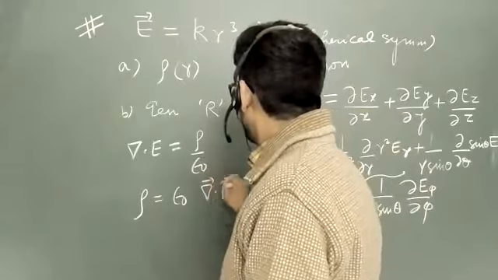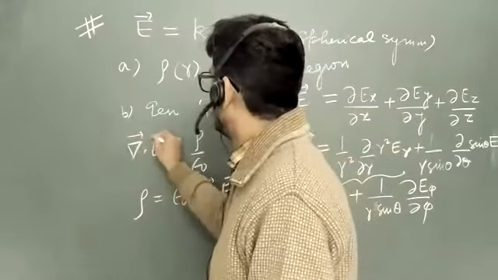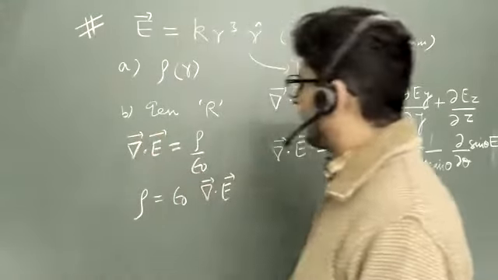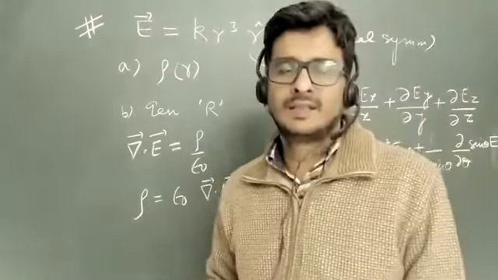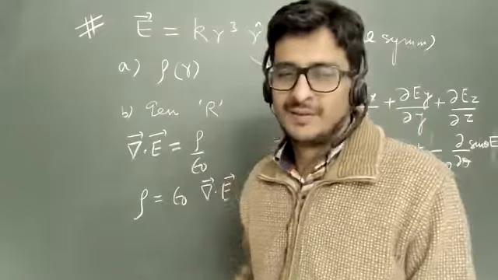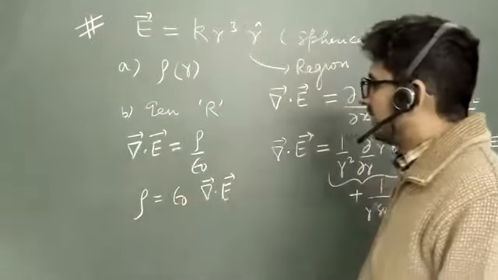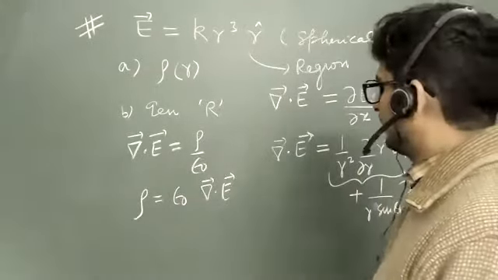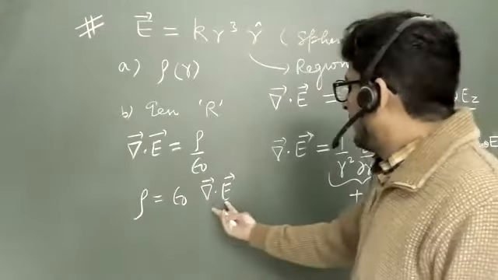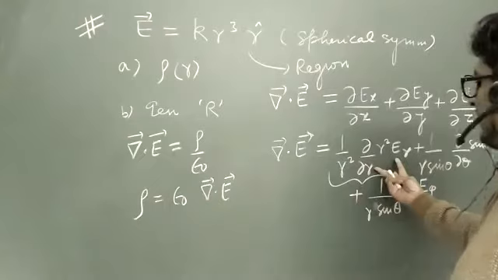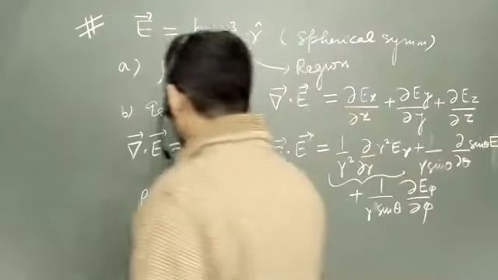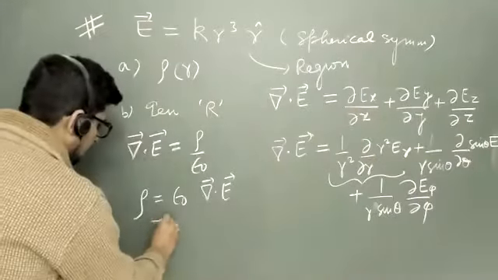You want to put vectors, you can put vectors. Otherwise you understand a dot product is there, that means both are vectors. In most of the cases, it is not even necessary to write vectors, because we know that if a dot product is involved, it is a vector. Anyways, now we have to put del dot E, and only this part will be required. So let us write it.